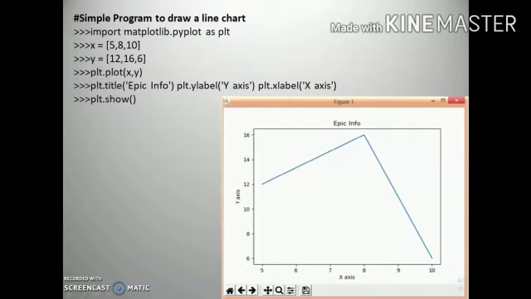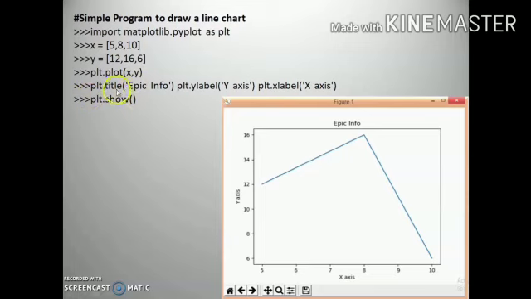Here I draw a simple line chart. As you can see here in the diagram, a simple straight line is drawn here. For this, I import Matplotlib library using pyplot module and give an alias name as plt, and x and y are 2 variables which contain 2 integer type of list, x for x-axis and y for y-axis. Using plot function, you can draw line chart, and using plot function I passed 2 arguments x and y.